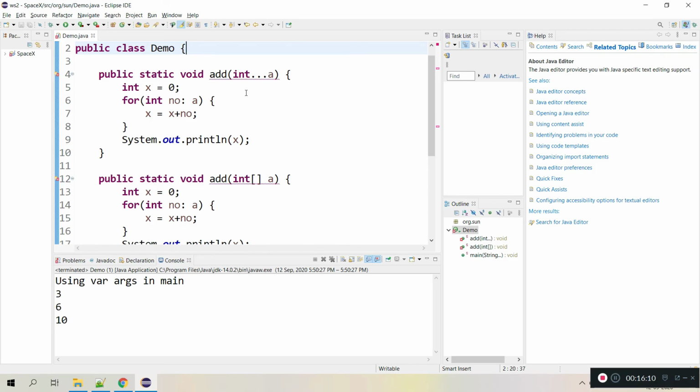If you see the syntax exactly, it looks like it's not a duplicate method, but internally the Java compiler knows that varargs and array are both the same. So we cannot give both in overloaded methods. That is going to be a compilation error. You need to remember that for interview perspective.